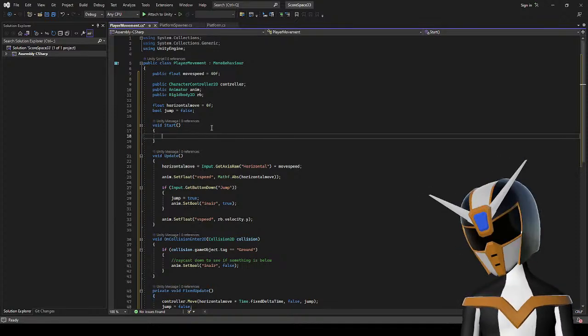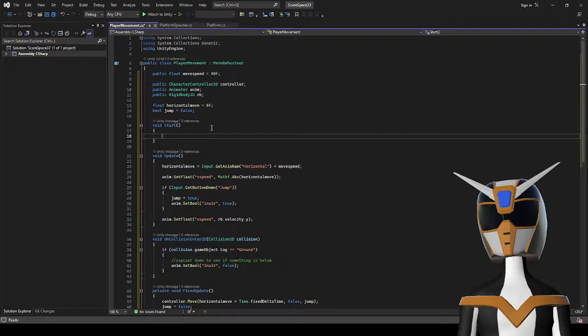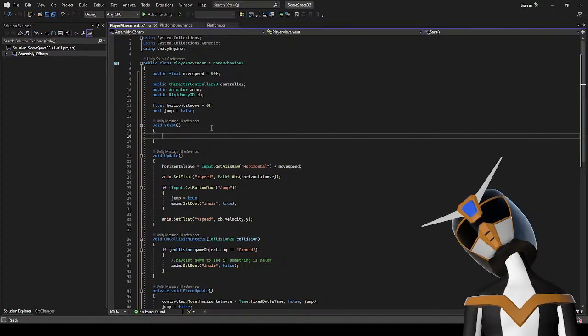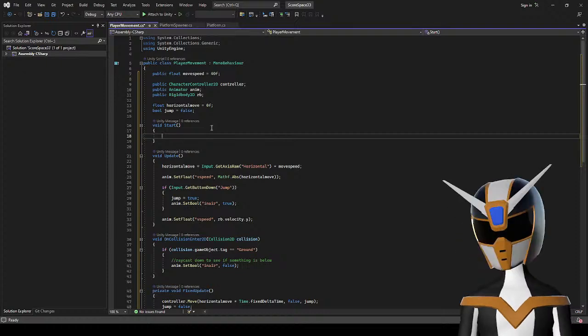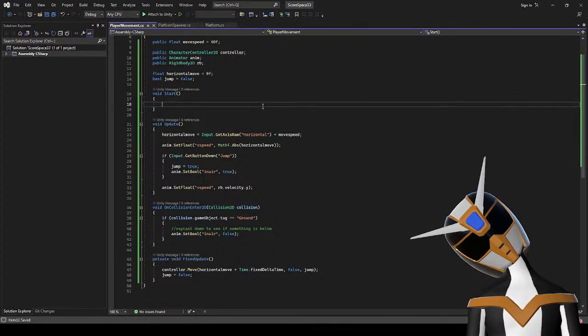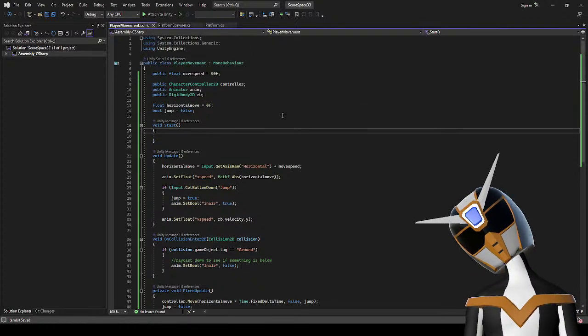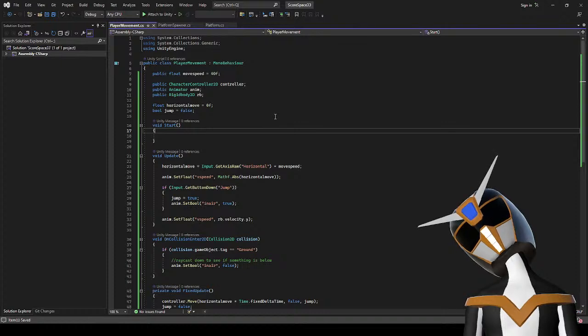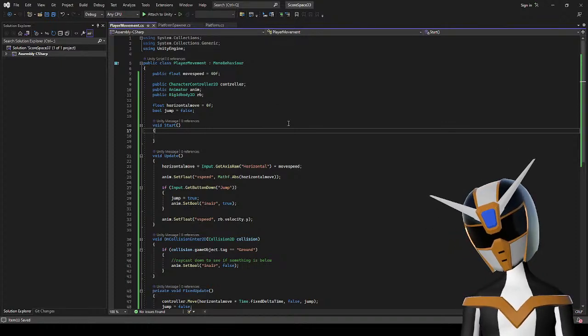So what do I need to set up? I need to set up the rigid body. And I need to make it so the camera follows the character. I need to make it so the character is constantly moving, is one thing, because that's the kind of game that this is.